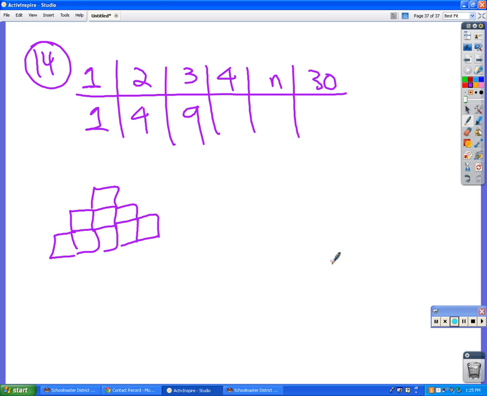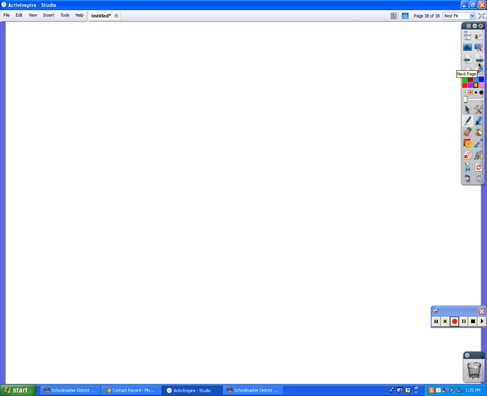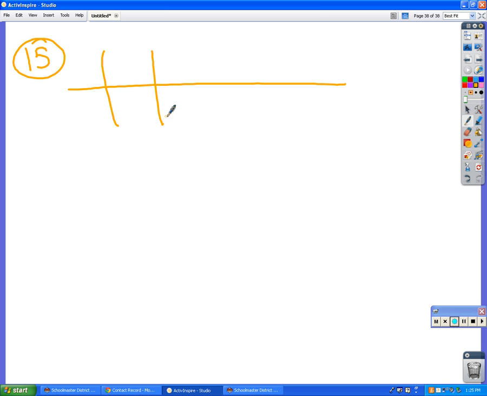So 4 blocks high would be 16, because 4 squared is 16. So the pattern is n squared. And just like if we added up the first 30 odd numbers, if I want to make a 30 block tall tower, I would need 900 blocks. Okay? A lot of blocks. It is not as many, however, as I would need for the next one,